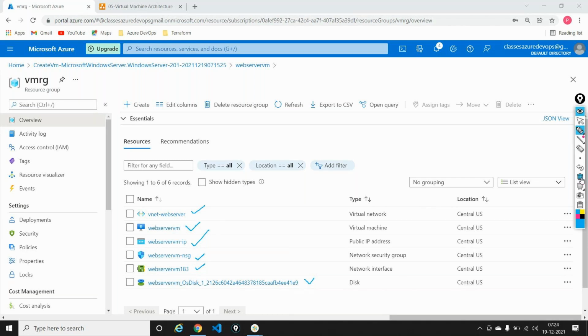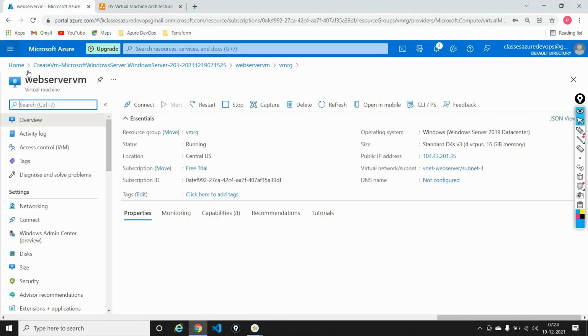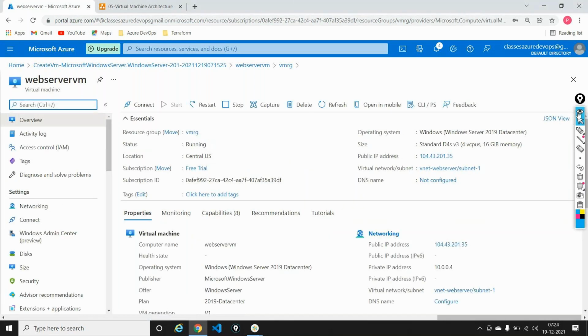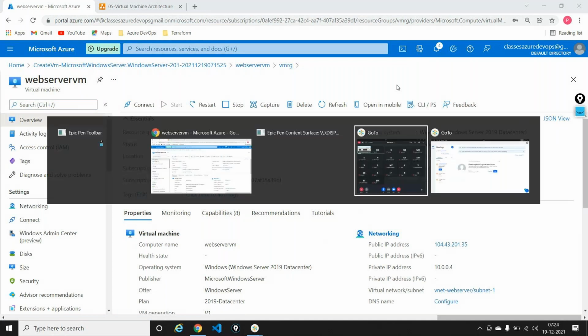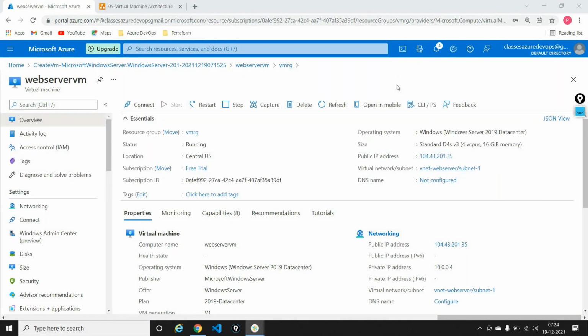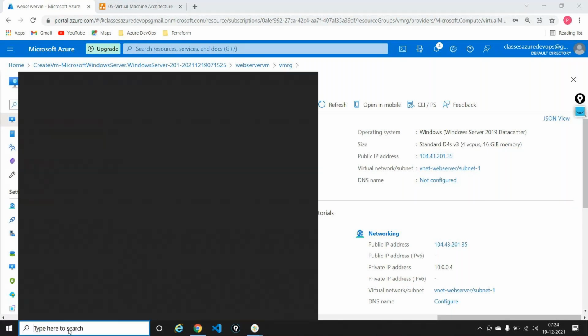Now what I'll be doing is I'll go into this particular web server VM. Now can anyone tell me how should I connect to this machine? I want to log into this machine. How do I do it? Can anyone help me with this? We need to download RDP, or the IP and port. Okay, so this is the IP, right? Yeah. I'll just copy the public IP address. There is something known as copy public IP address to the clipboard. I copied it out, and I'll just say